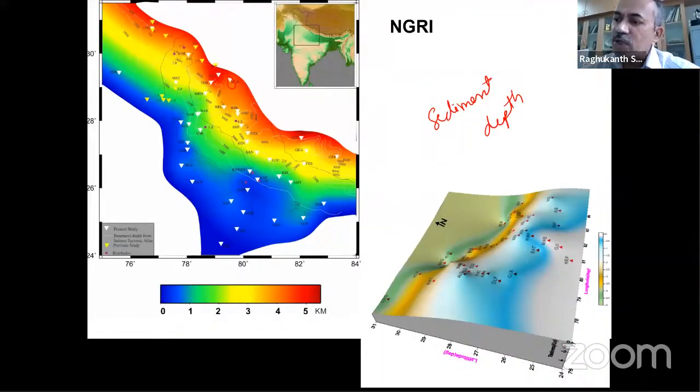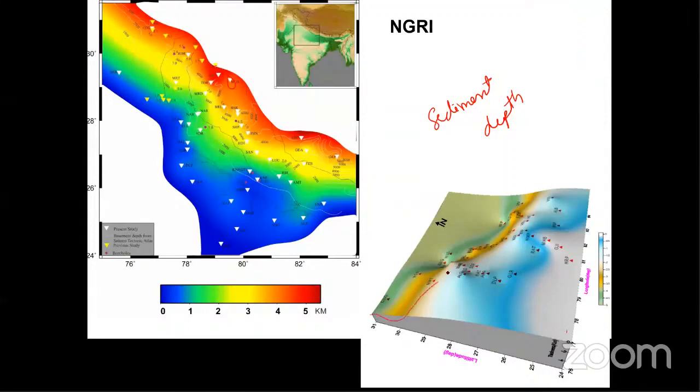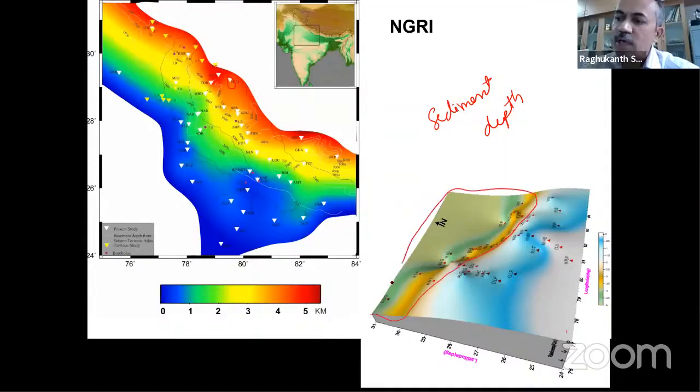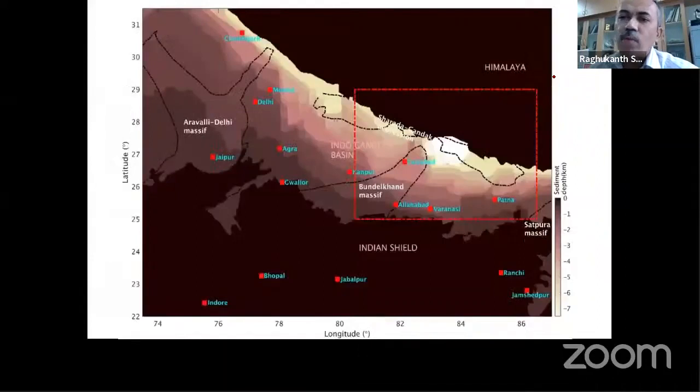And if you show it as a 3D graph, this is the shield region. You can see the Ganga basin, how deep it is, just to get a feel. This work was done by the NGRI group, and they have published it in journals, BSSA, Journal of Seismology, and other journals also. Now by combining all this information given by NGRI, the seismotectonic atlas, and all other things,